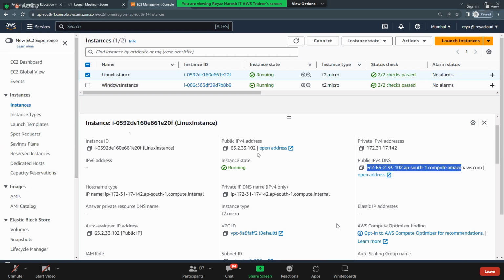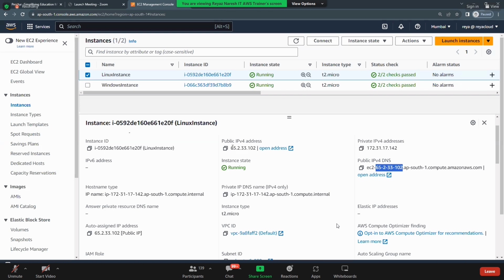So what is the public IP address? Auto assign public IP, we have enabled it. That is the reason why we got the public IP address. But if you disable it, will you get the public IP? No, you don't get a public IP. So with what IP address do we need to connect to the EC2 instance from the internet, from my laptop? Is it public, private, or elastic? Public IP. Is it possible for me to connect to the private IP directly? No. So which IP address do I need to connect to? Public IP. You see this is the public IP, and you see the public DNS, and the public DNS also contains the IP out of this only.